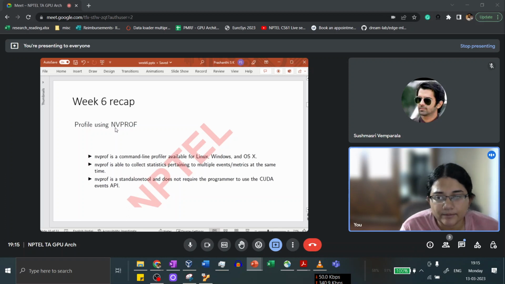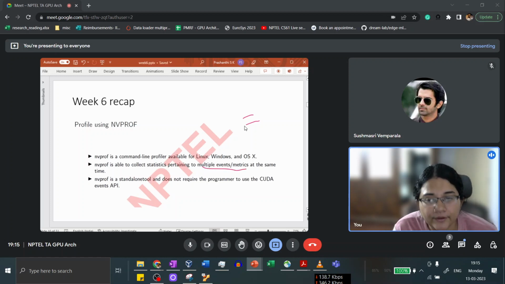So this is automatic or implicit profiling, where you don't add such logs anywhere, right? You just run a program calling NVProf and say, let's say, collect all GPU statistics or collect all memory statistics. What NVProf will do is collect these statistics pertaining to multiple events or metrics at the same time. You don't have to go and explicitly add these logs everywhere, because that might be very painful,